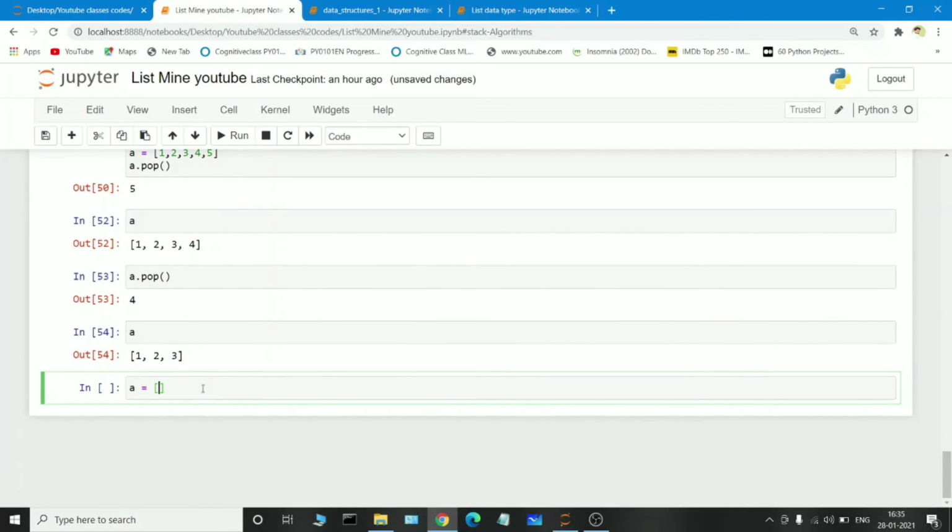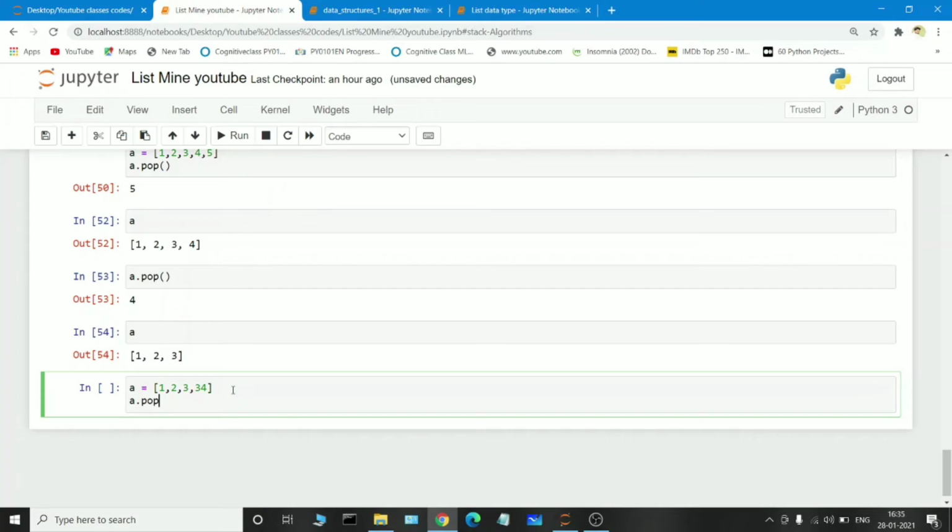And suppose I am passing another list here, 1, 2, 3 and 34, and a dot pop. We know the pop function is used to remove the last element inside the list. But instead of removing the last element, if we want to remove any particular value inside the list, we can find that particular index.